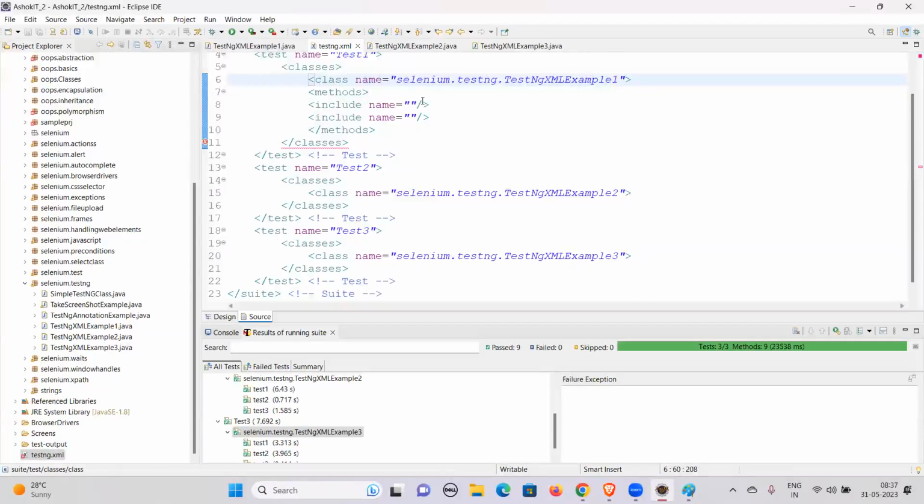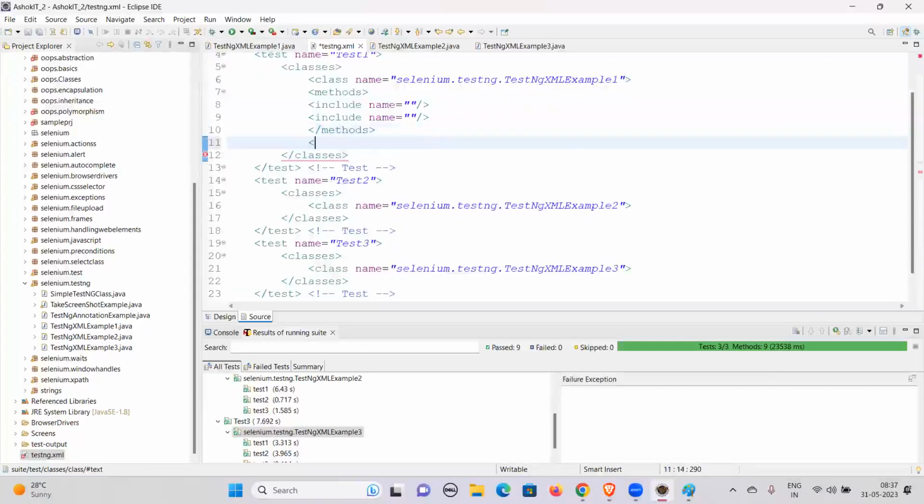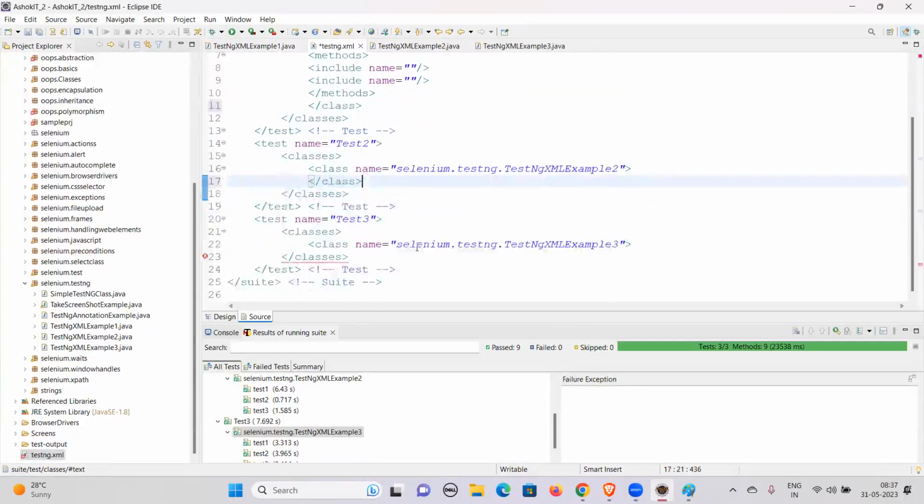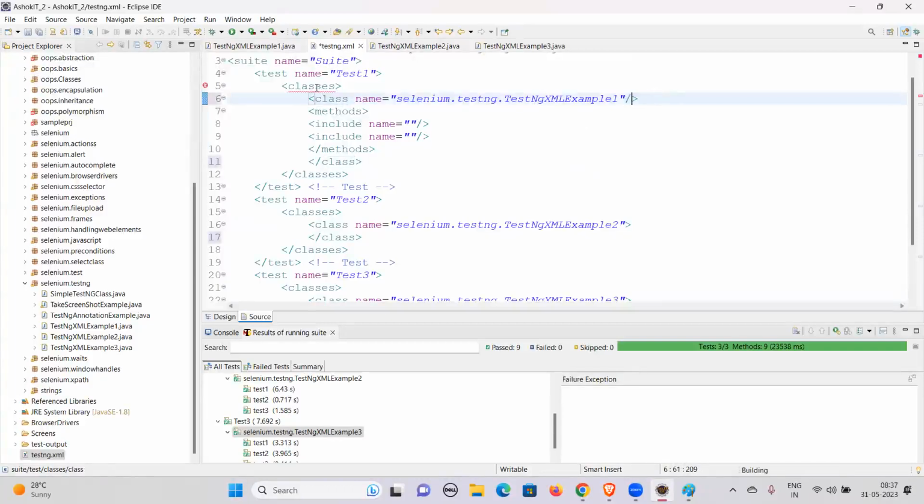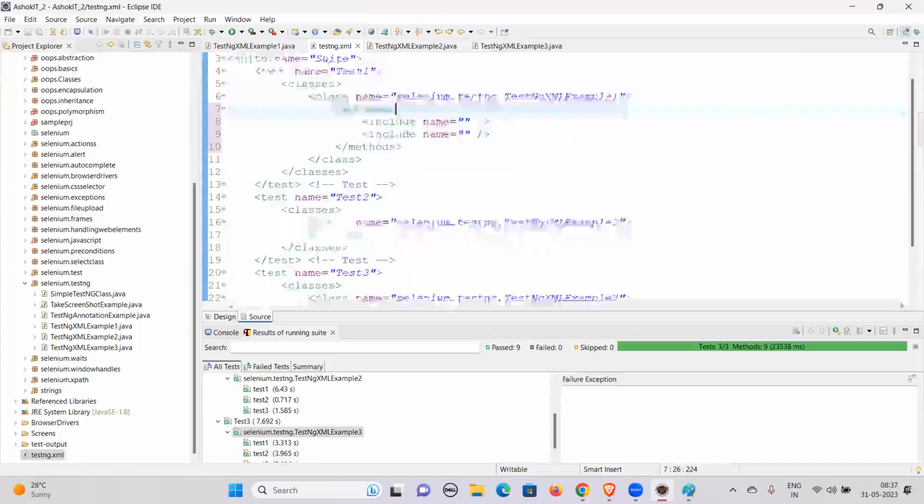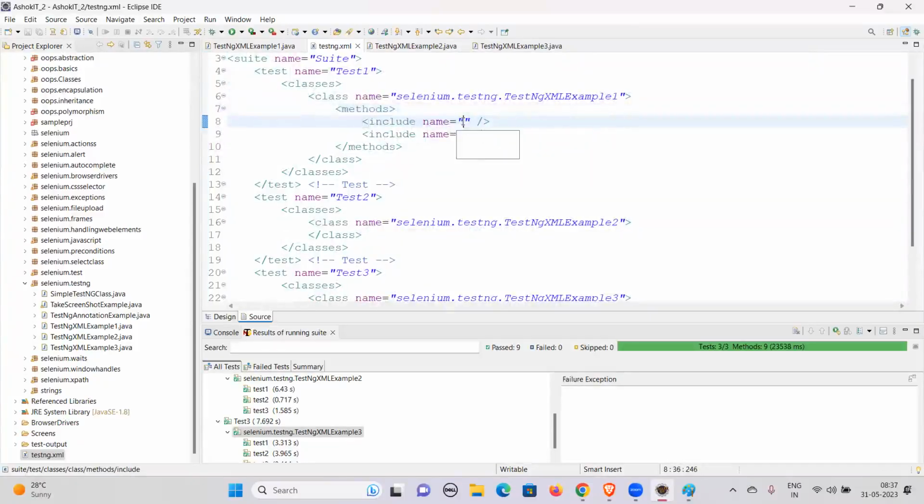So methods and classes, we have to use them. Likewise, we are going to add it to this one also, class C. When we say slash here, it is nothing but the end of this class, and it won't consider these methods. If you want to consider something as part of the class, you have to remove this. This is nothing but the notation of an XML file. If you say this slash, it is like the end of that particular